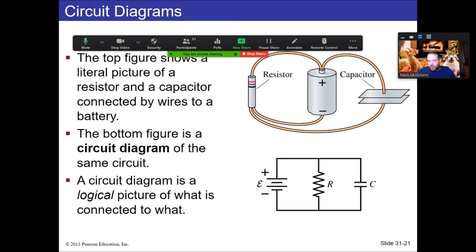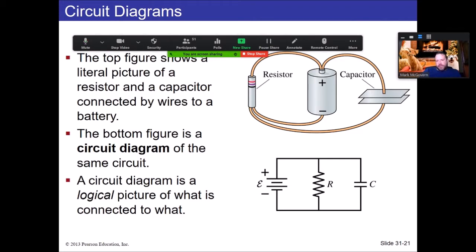We are going to start to look at basic circuits. So we're going to start looking at circuits this week. One of the aspects about circuits that we're going to want to learn is how to create proper diagrams of